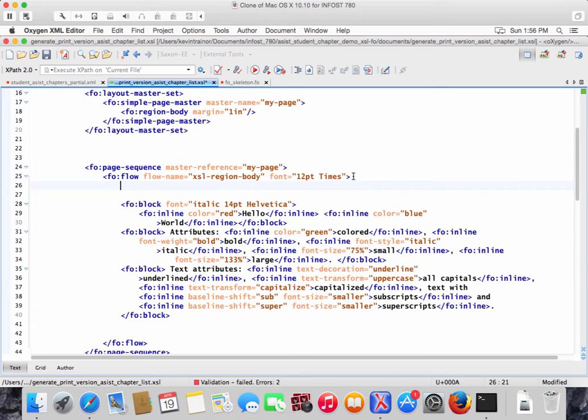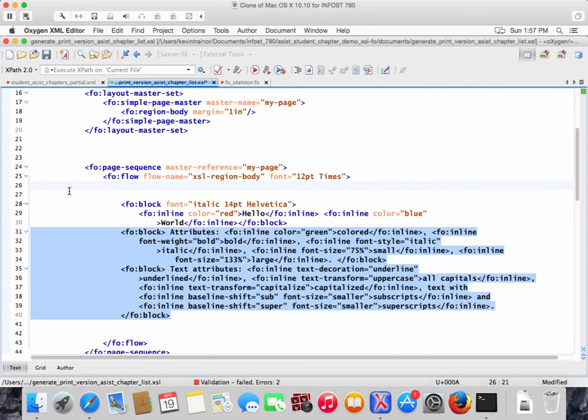There are blocks, which is the one that we're going to use all the time. There are tables, there are images and illustrations and figures and all kinds of stuff. So there's a lot of constructs that we can put in. But what we're going to do is put in flows. So let's get rid of everything that they have,